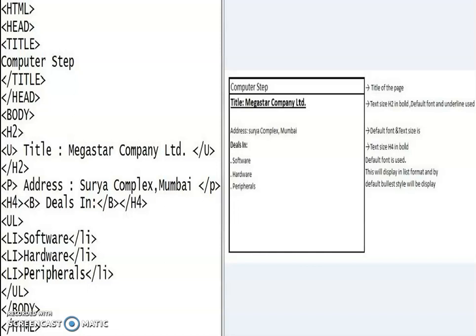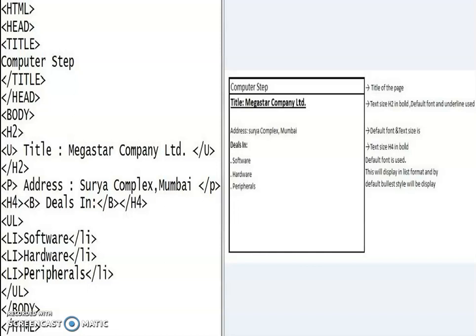As you can see on screen, two windows are there. The first window has the HTML code which is already given, and the second window has the output which we have to write along with font specification. Along with code explanation, side by side we'll see how the output will be displayed. So let's start with the code.